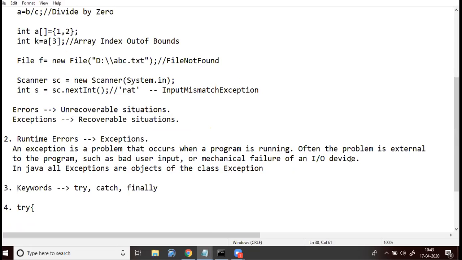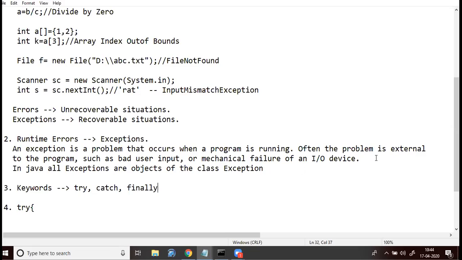Say for example, you are writing a program to get control of the mouse, but the hardware is not working properly; then also it will create an exception. So exceptions can be created due to several situations. How to handle this is what we are going to discuss.